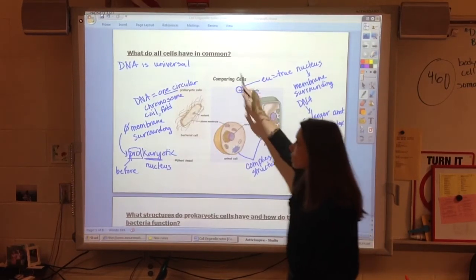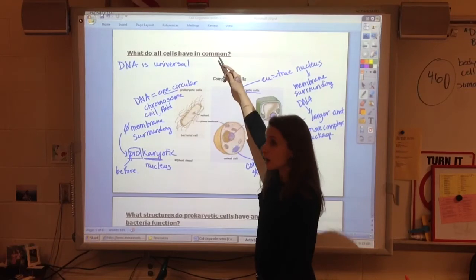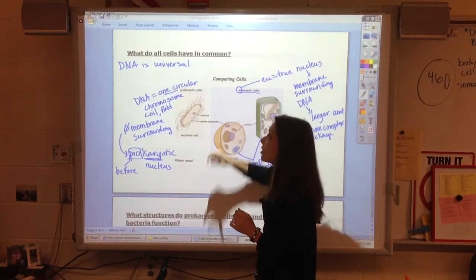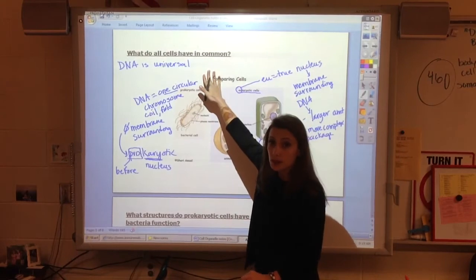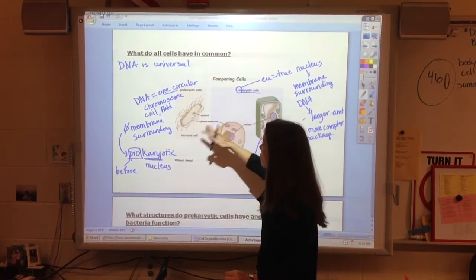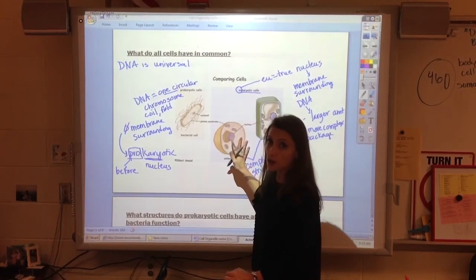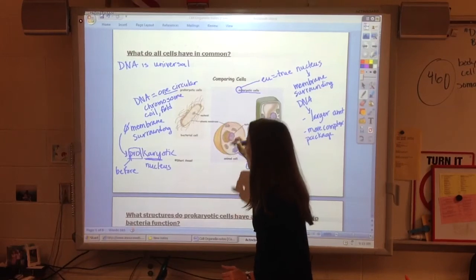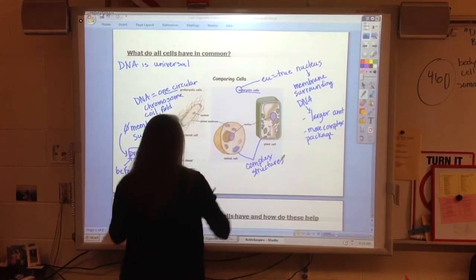So when we look at what all cells have in common, we're trying to keep in mind that they have four main things in common with each other. One of the most important things being that DNA is universal. Every cell has DNA. Then we start to look at how they're a little bit different, so comparing and contrasting the cells. We do want to keep in mind that prokaryotic cells are usually smaller,